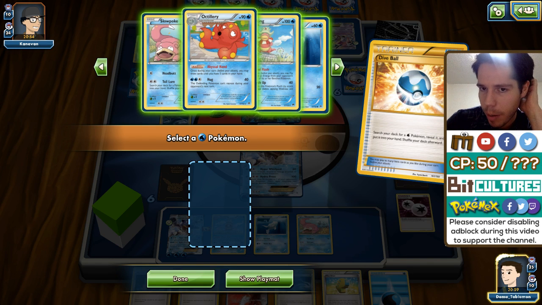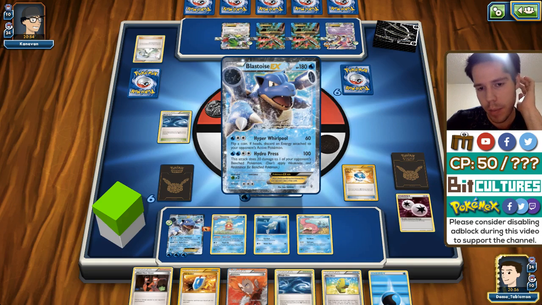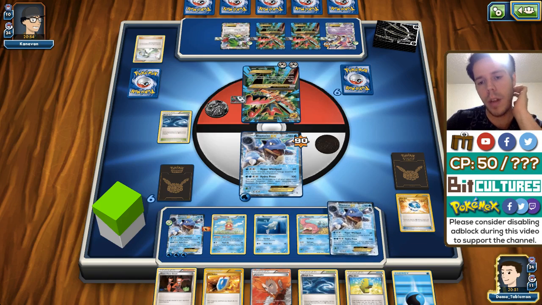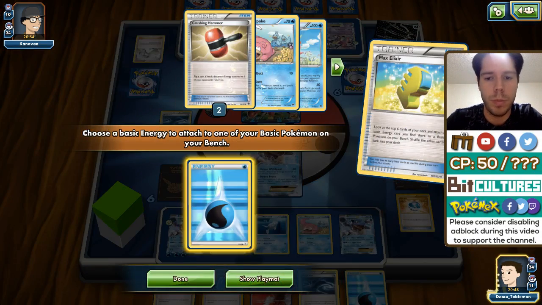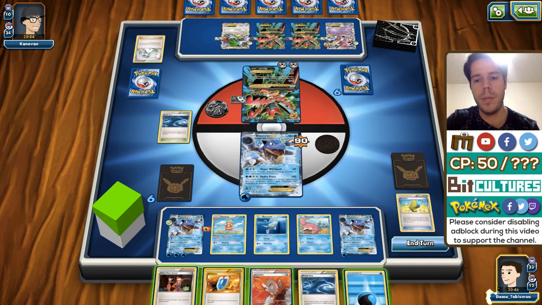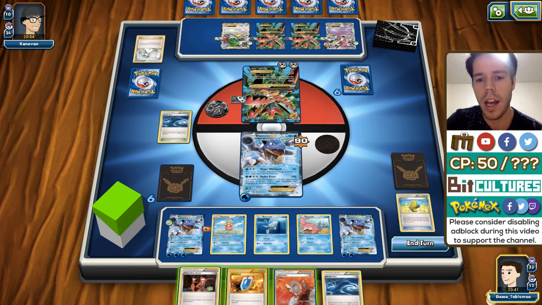Now, I'm gonna power up another Blastoise. I'll allow my opponent to grab the 2 prizes. I am okay with that. I think I'm okay with that. I will bench the Blastoise, hopefully hit the Max Elixir here. I do. Perfect, perfect, perfect. I will attach an energy here, and I will actually...